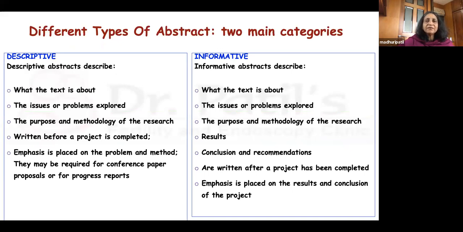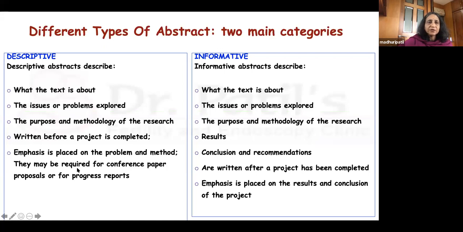One is a descriptive, and another is an informative type of abstract. So what we use normally is an informative abstract, where we have to talk about what the text is about, the issues or problems explored, the purpose, the results, the conclusion and recommendations, and it is written after a project has been completed, and emphasis is basically placed on